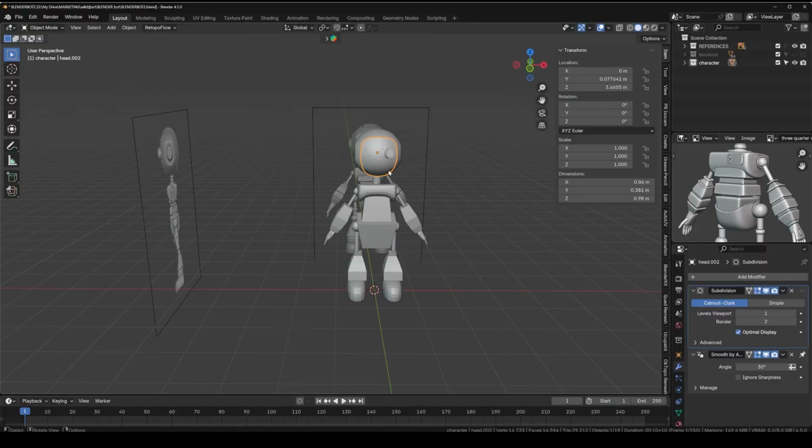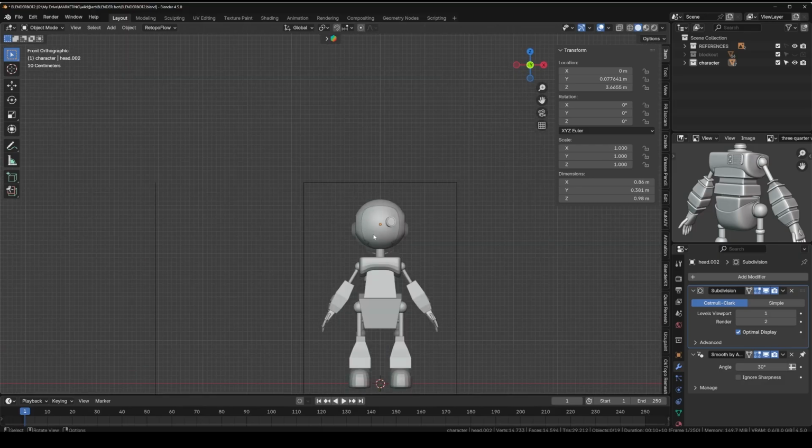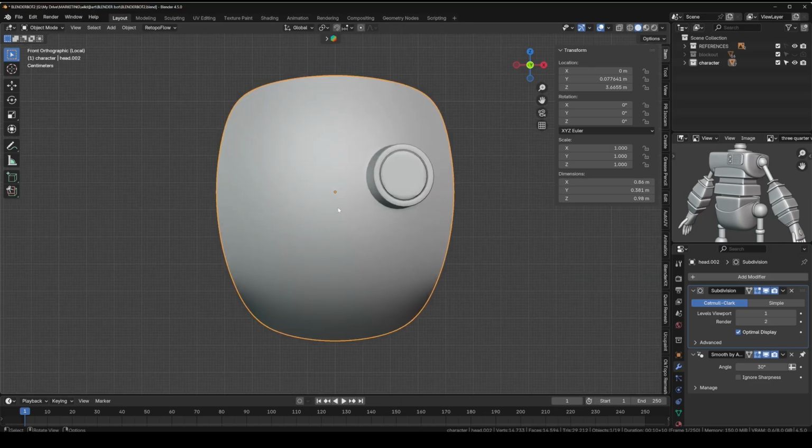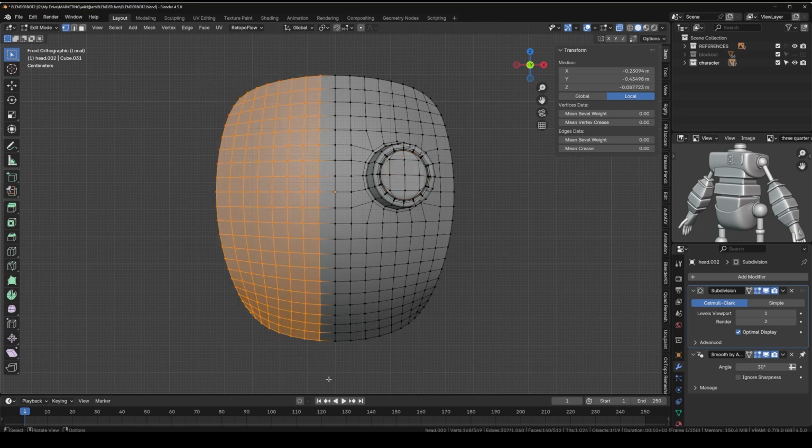So now all we need to do is we press 1, and let me just slash this to solo it. Tab to go into edit mode, Z2 for transparency, and then we just delete everything on this side. X,